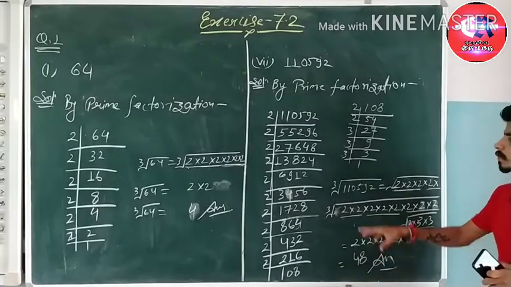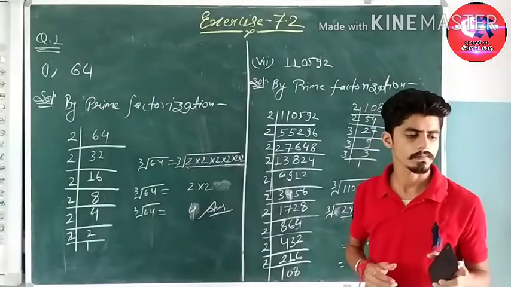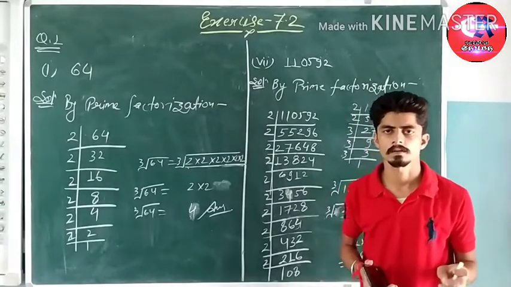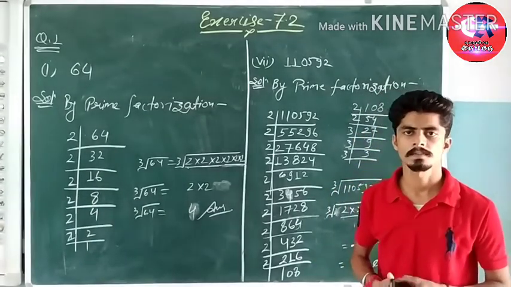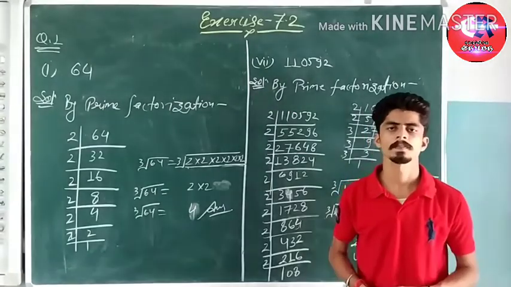So that's the solution of question number 7 of question number 1. In all the rest of the questions, where we have to find the cube root, you have to do them by yourself by the same method. You have to practice. So that's all for the solution of question number 1.